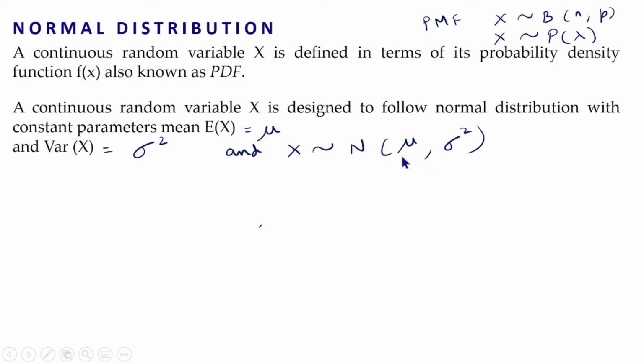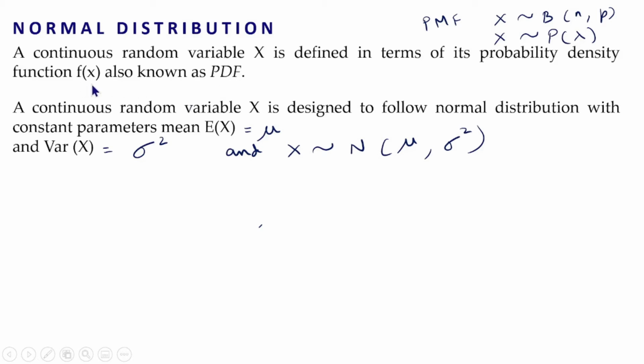Similarly, the parameters of the normal distribution are the mean mu and the variance sigma square. So if a continuous random variable x follows normal distribution with mean mu and variance sigma square, we use this notation: x follows normal mu comma sigma square, and its probability density function, this f